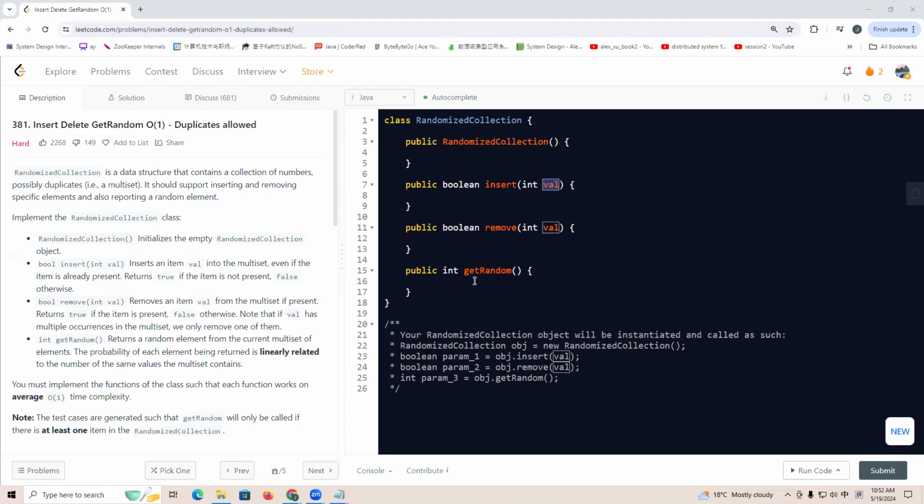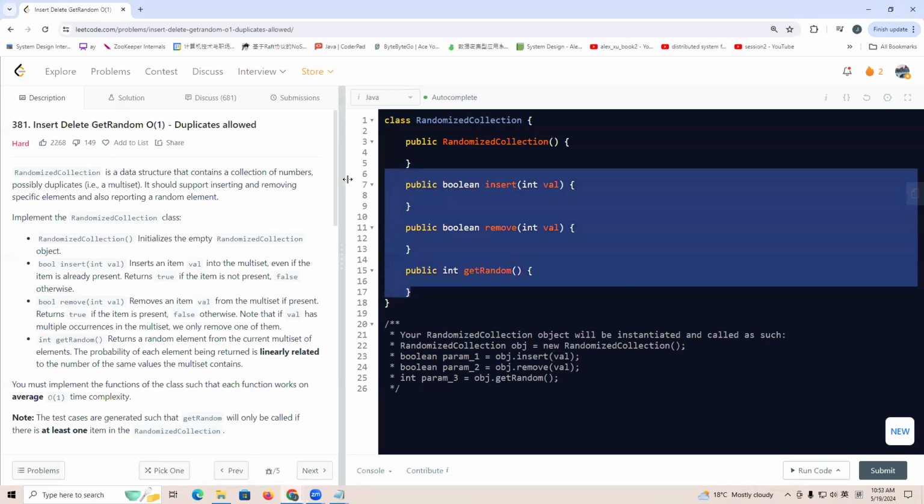Let's go through LeetCode 381, Insert Delete GetRandom O(1) - Duplicates allowed. For this question, let us design and implement the class RandomizedCollection, and it allows us to insert, remove and get random. We need